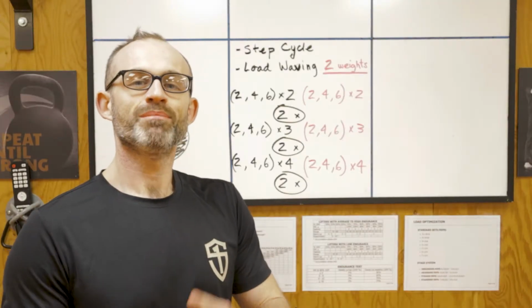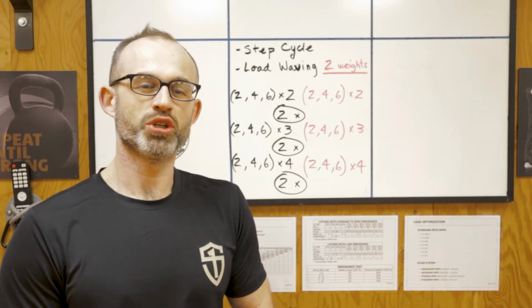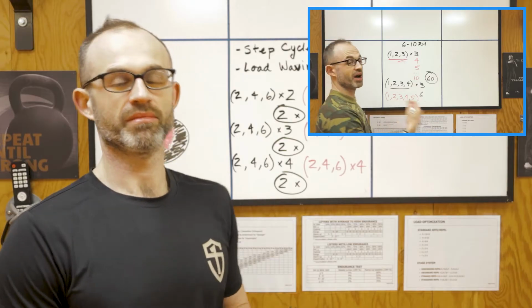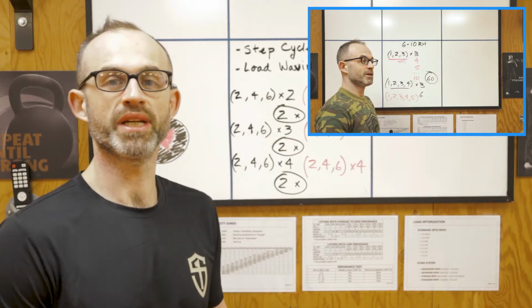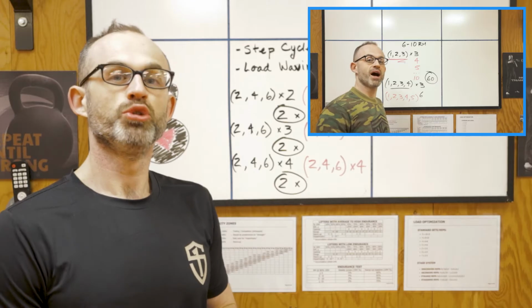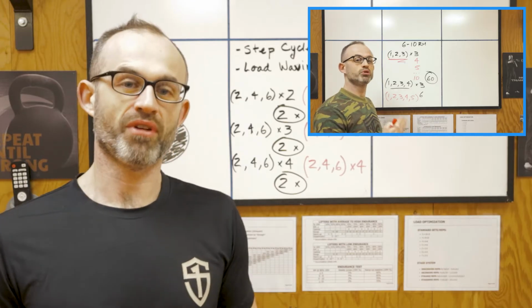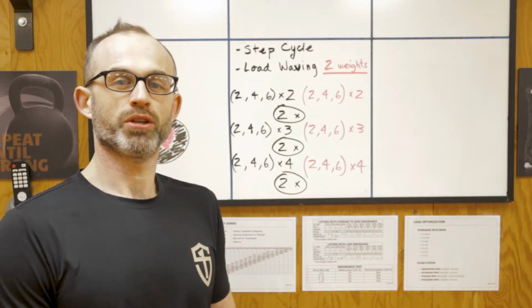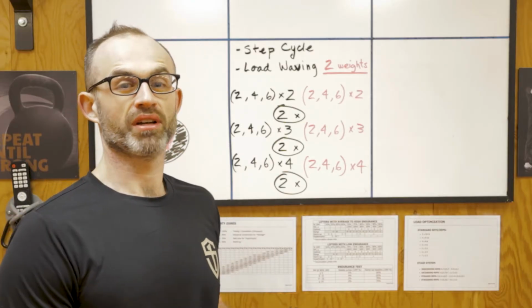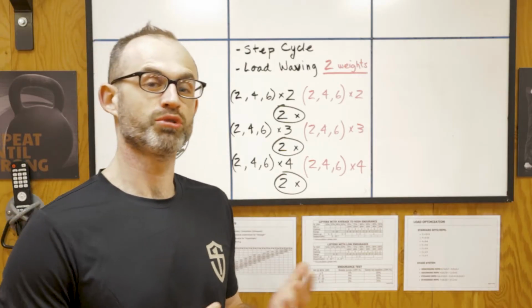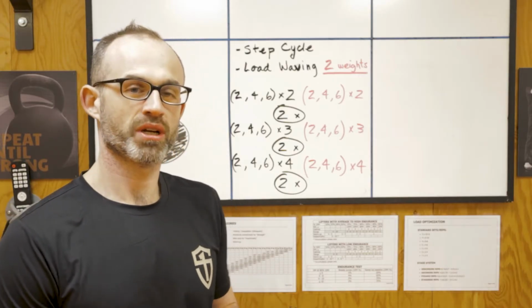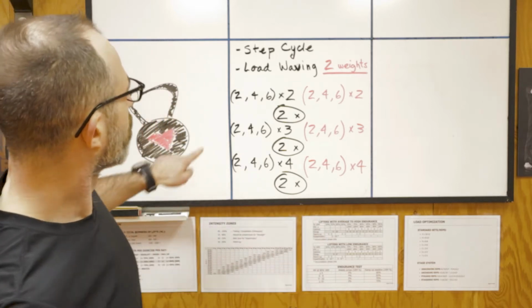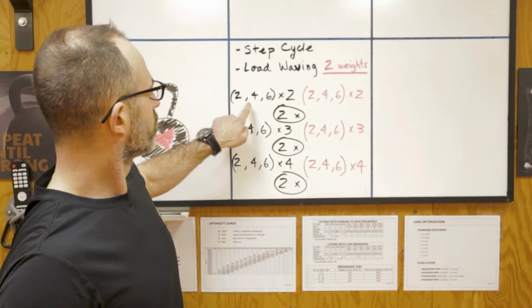We're going to be using the same ladder system that we've been teaching you from the previous video on how to build strength using the Russian ladder system. In the last one, we used the 1, 2, 3 as your start. You built up to ladders of 1, 2, 3, 4, 5. If you want to continue and you want to build muscle, you want to either use the same kettlebell, or you have a lighter one or a heavier one, or you have a mix of two weights, this is the best approach. You're going to build strength and muscle, but you're going to be increasing your ladders to 2, 4,